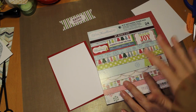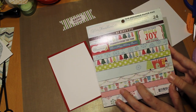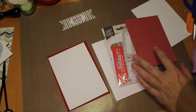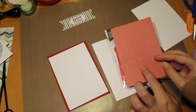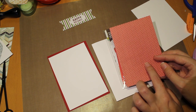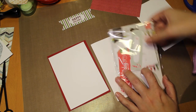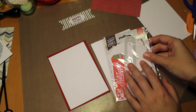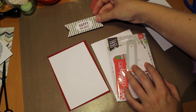And today the pattern paper we're going to use is from the WonderLand collection by Mind's Eye, and we are going to use this dark red spotted one. There's a reason why I chose specifically this pattern, and I will talk about it a little bit later. We're also going to use die cuts from the Aspen Frost collection, and I'm going to use this Happy Holidays